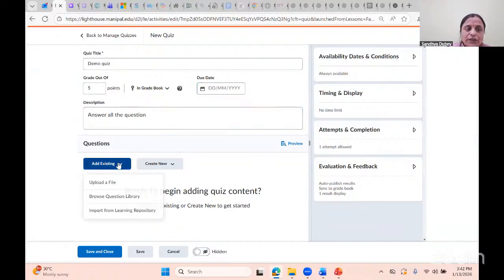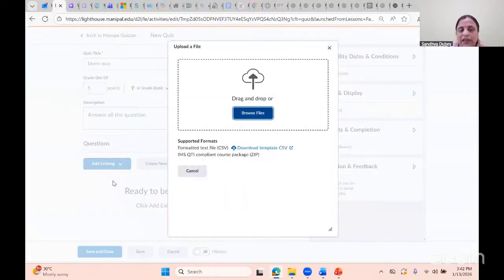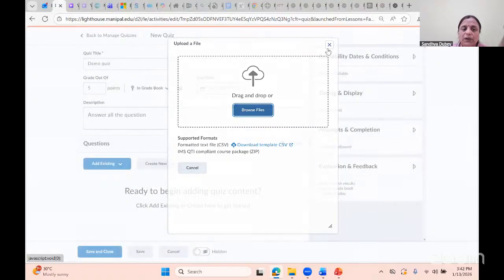To add the questions, you can upload a file. If I'm choosing to upload the file, for this particular LMS we have a template. You need to download the template and prepare the question paper in that format, then drag and drop or upload the file, and the quiz will be mapped.